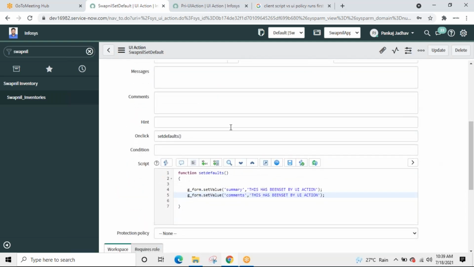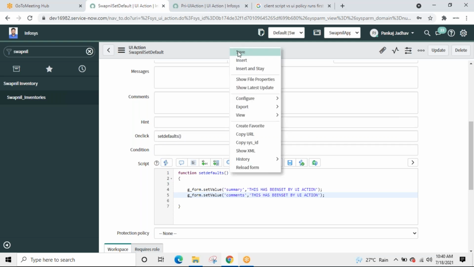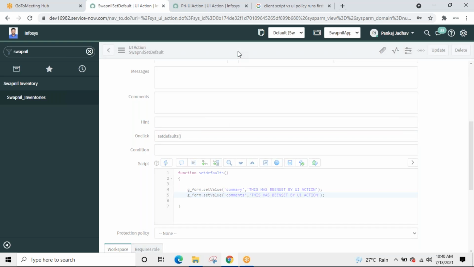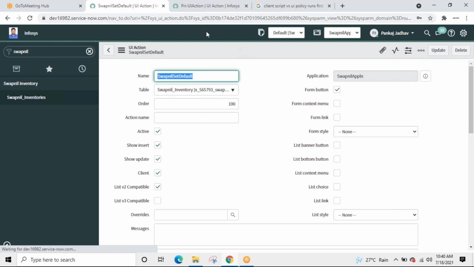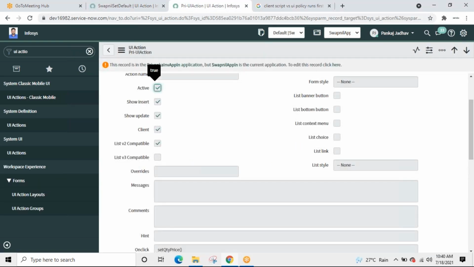What is the name of the function? On click of button, set default is to be called. What would it do? It will execute this code. Save. Cool. Now go there, reload the form.